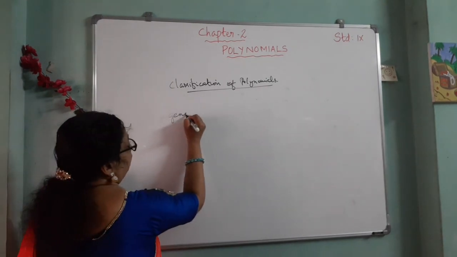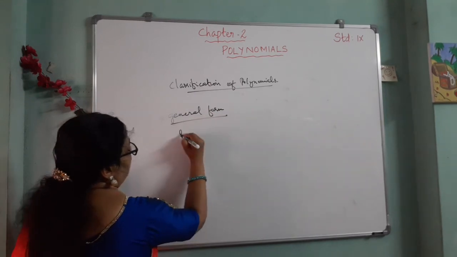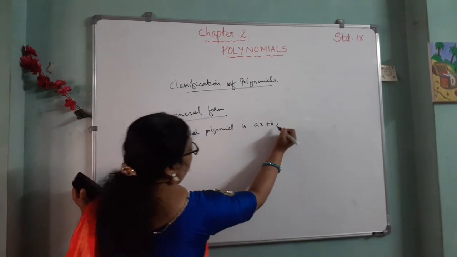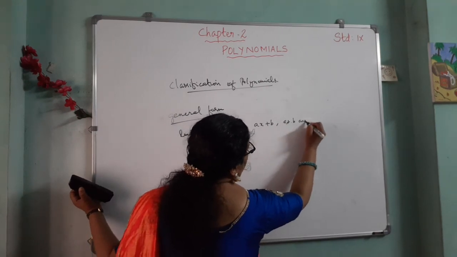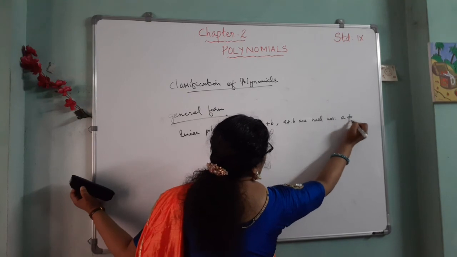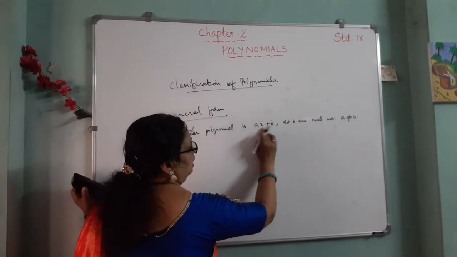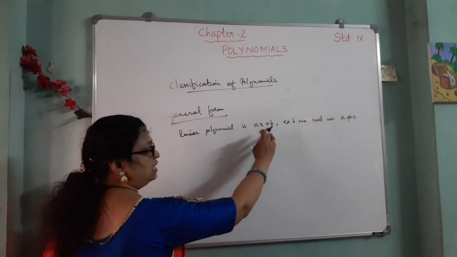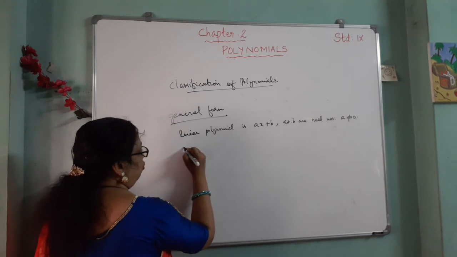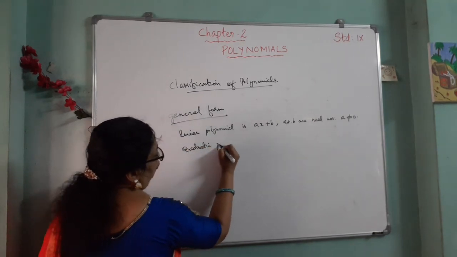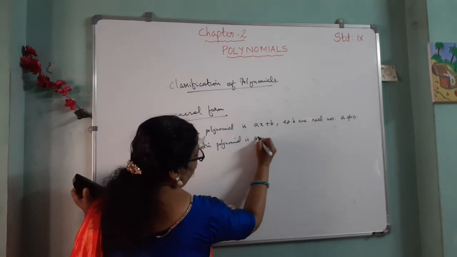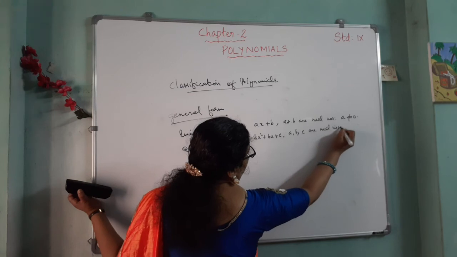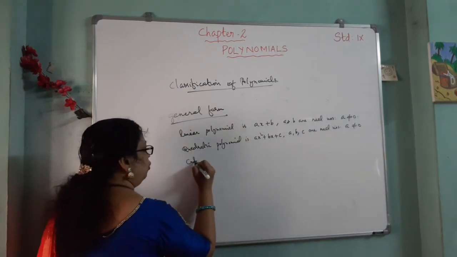Okay, so general form of a linear polynomial is ax plus b. a and b are real numbers and a not equal to 0. So ax plus b has two terms and the power of x is 1. So it is a linear polynomial. a and b are real numbers or constants, and then a not equal to 0. Then quadratic polynomial, the general form is ax square plus bx plus c, where a, b, c are real numbers and a not equal to 0. Then cubic polynomial,